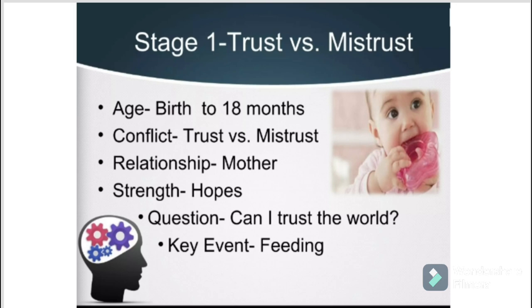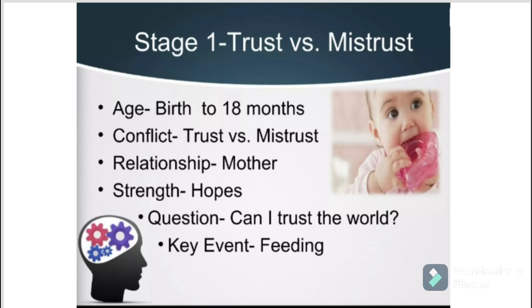For example, they are going to ask you that a child is 15 years old, so at what development stage is it? So the question comes like this, or scenario based, but you remember the number of stages, names of stages, and associated ages. So first is trust versus mistrust. The age gap is from birth to 18 months. From birth to 18 months, a child learns to trust or mistrust.